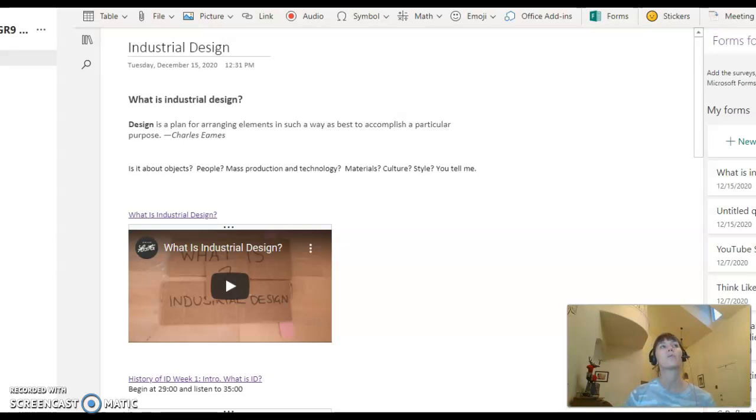I have this definition of design by Charles Eames. You remember the Eames chair? He said design in particular is a plan for arranging elements in such a way as best to accomplish a particular purpose. Now, you're going to define industrial design to me in a few minutes,